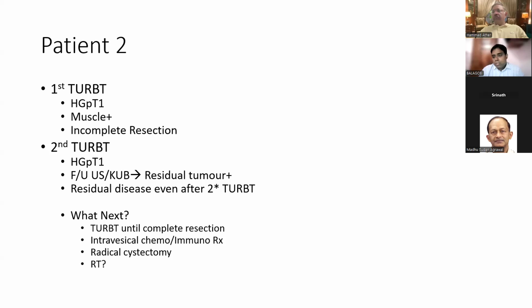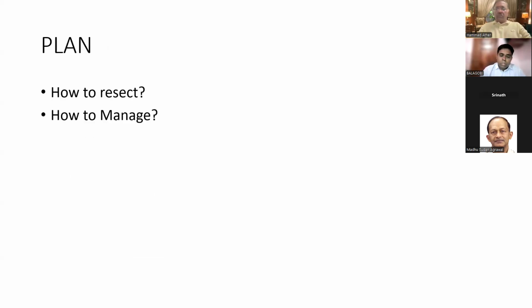So what next? One more TURBT, or TURBT until complete resection, or intravesical chemoimmunotherapy, or radical cystectomy, or radiotherapy? Of course, that is not in the guidelines. I'm just asking whether to give radiotherapy. So I'm going to discuss this scenario